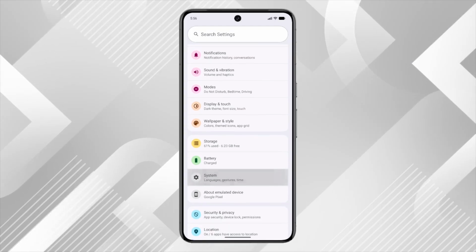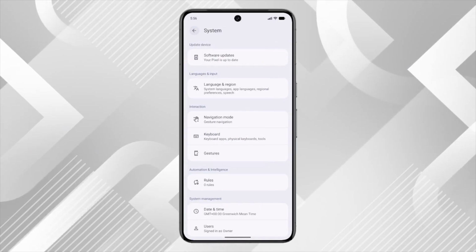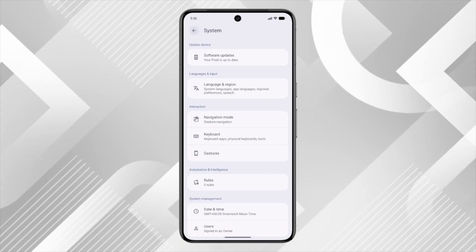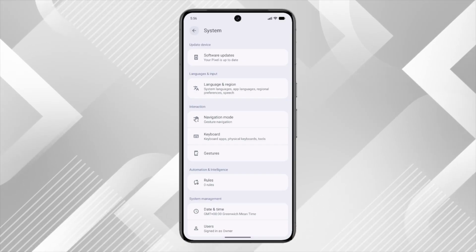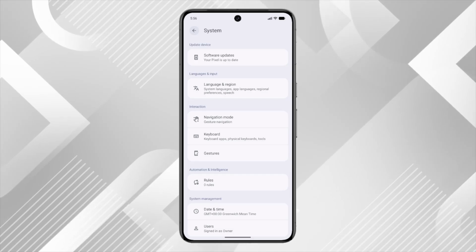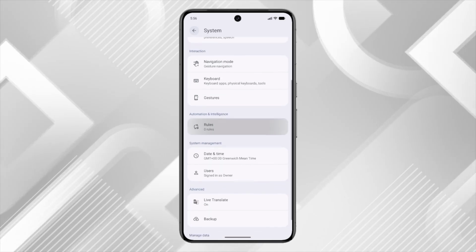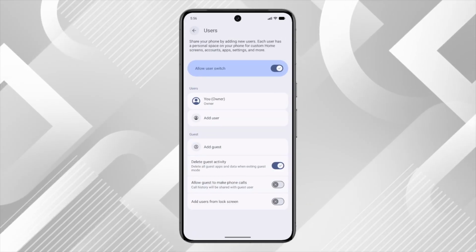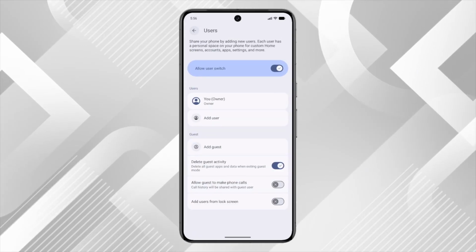This section contains more advanced settings related to how your phone operates at a fundamental level, including user management and device preferences. Next, you'll see an option called Users. Go ahead and tap on it. This is where you can create and manage multiple user profiles on your Pixel, each with its own apps, settings,